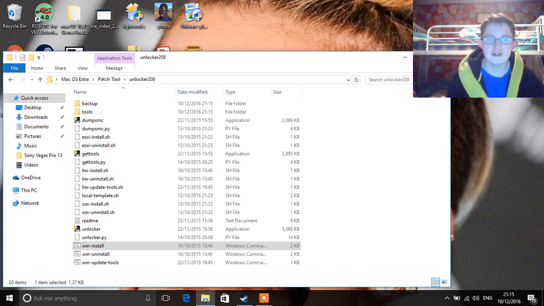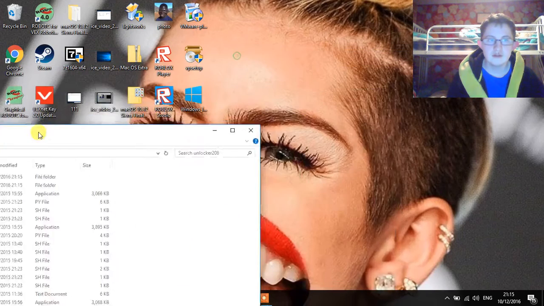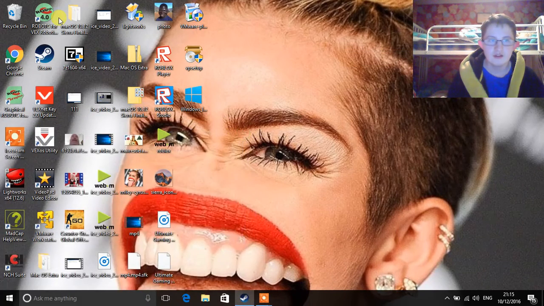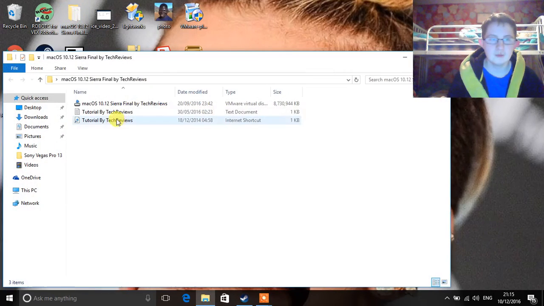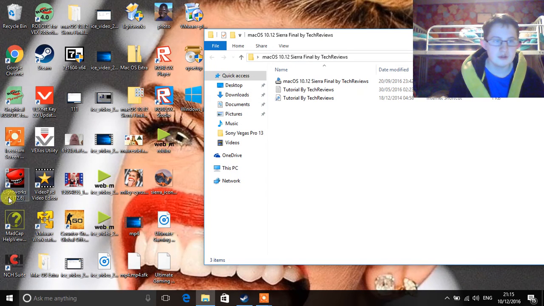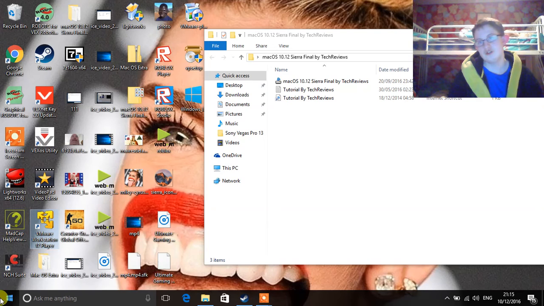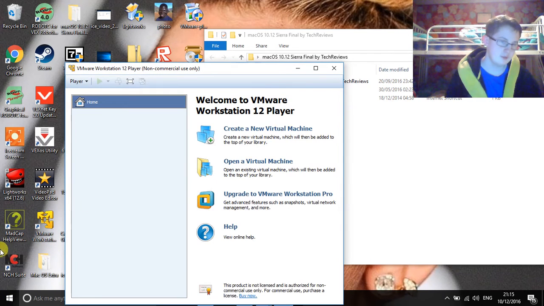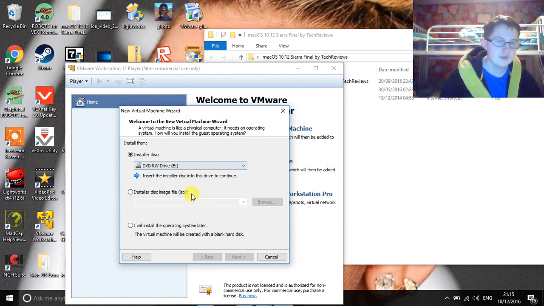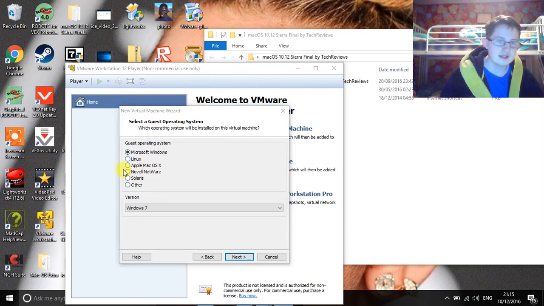So now that that's done, what we're going to do next is open our extracted macOS VMware file and just make sure that's open. Open up VMware Workstation 12 Player, or if you chose just Workstation, yeah, that's grand. So click Create a new virtual machine. Click I'll install the operating system later. Click Next. Click Apple